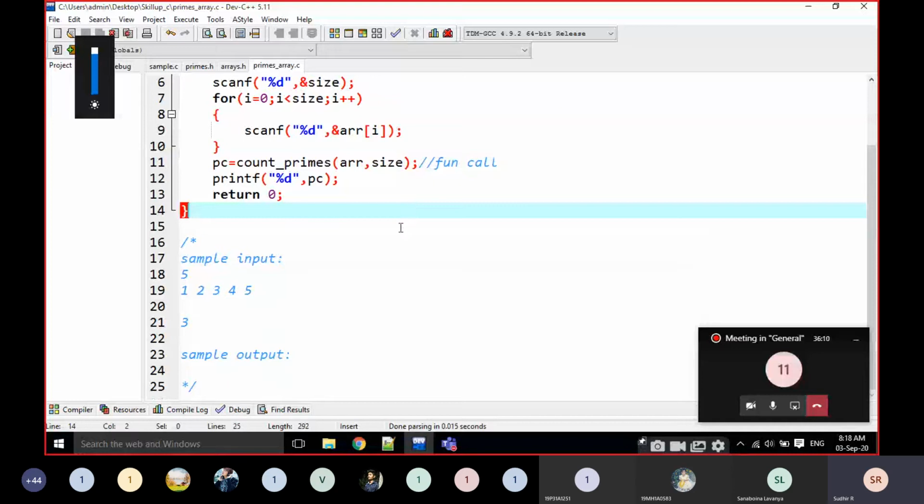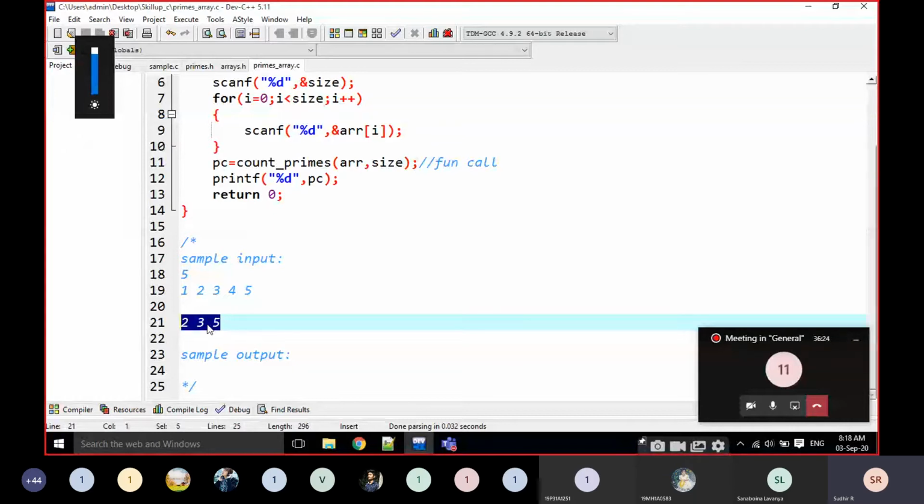What are the prime numbers here? My output is not like this, not 3. What are the prime numbers? That is 2, 3 and 5. I am going to print what the prime numbers are, but I am going to return the values. How many values am I going to return? I am going to return more than one value, right? If it is one value, we don't know exactly, but there is a chance to print multiple values. I am going to print the prime numbers in that array. We have to find the prime numbers and store them in an array in a different manner.